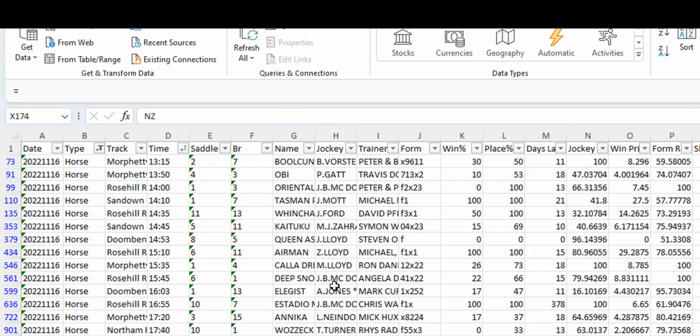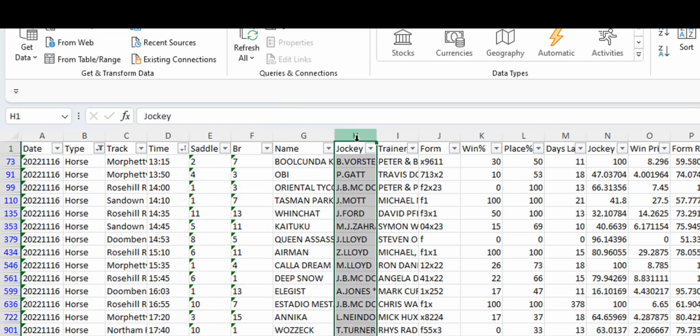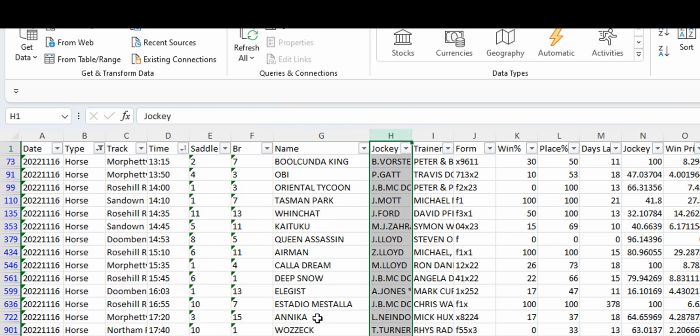Okay, so that's how we could get our horses, and these are the horses now that are in line to meet the watch the gap rule. And so you would just monitor these races. Obviously there are other races where horses will start being backed in later, but what ANZ gives you is just a bit of semblance of what horses may qualify. And as I said, there are others that will later on in the day qualify but aren't showing up here